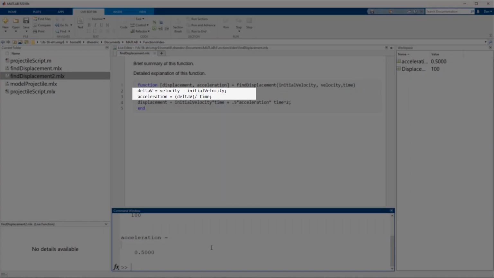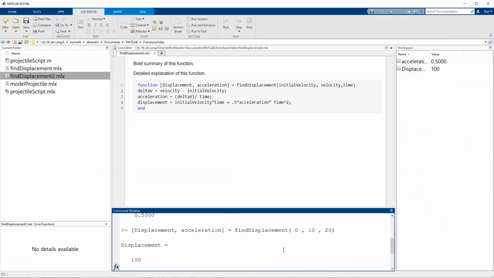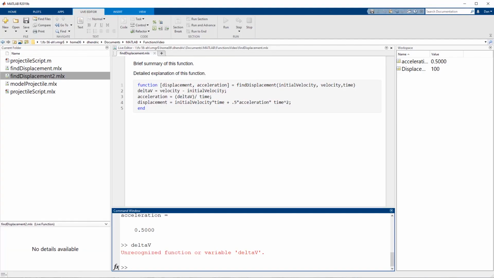We'll save our function. Now if we use the same call as before, hit enter to run it, and we check our delta v value, we get an error: unrecognized function or variable delta v. The reason we get an error is that delta v is only defined within the function workspace, which, when the function finishes, is removed from memory. Only the outputs are passed from the function workspace to the base workspace. If you'd like, you can add delta v as an output and confirm that it will be defined after the